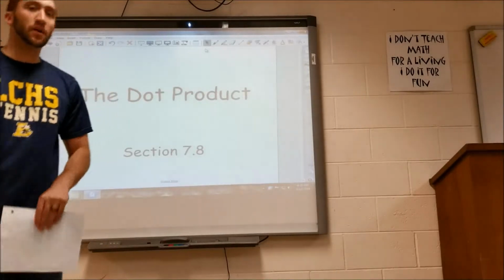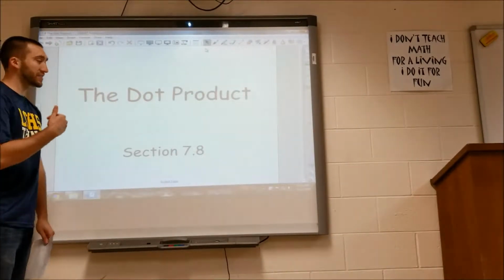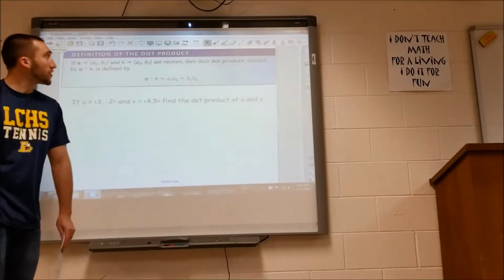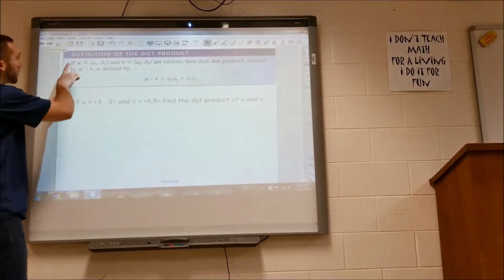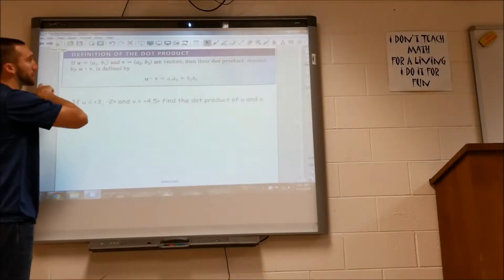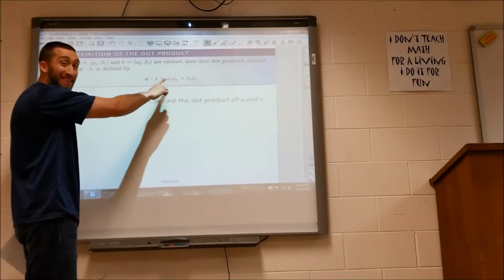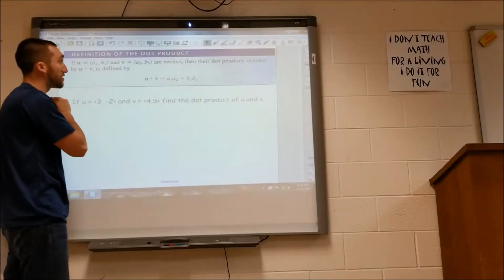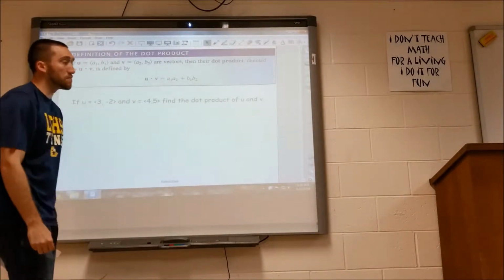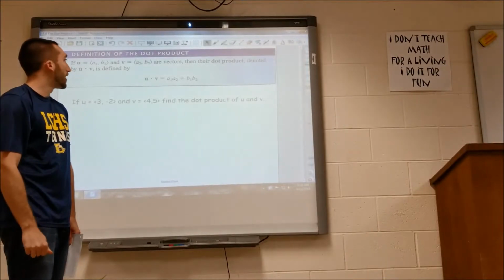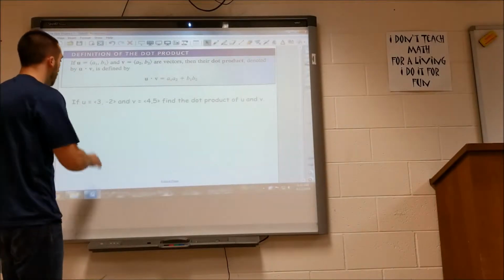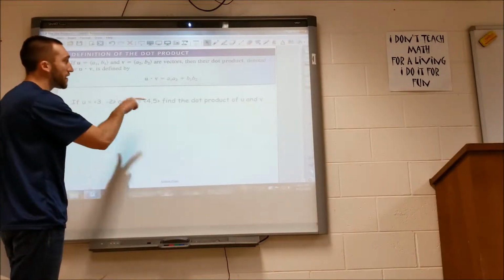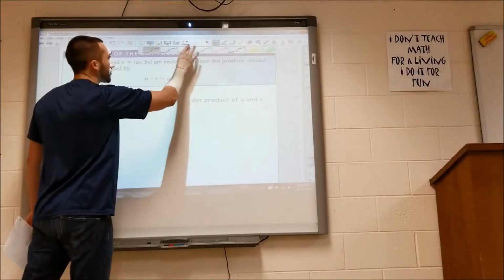Hello everyone, today we're going to talk about the dot product, section 7.8 in our book. So the dot product, if we have a vector u and a vector v, we basically multiply the x values, right? The first component, the a component of u and v, and add that to the b component of u and v. So given u is 3, -2, and v is 4, 5, find the dot product of those two